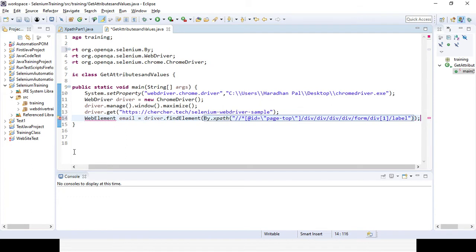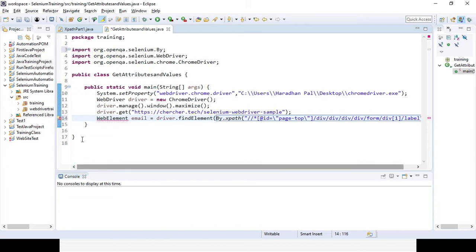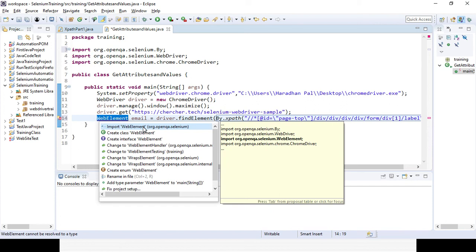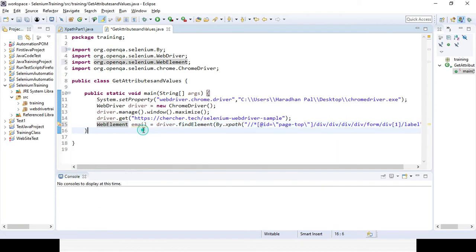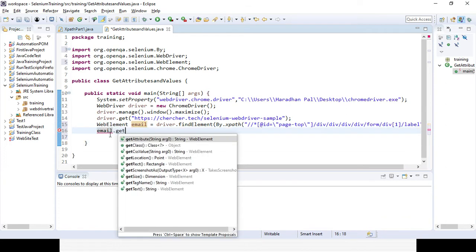Once the element identification is done, an error message is coming. You need to import the WebElement class from org.openqa.selenium. Then, once the element identification is done, I can get the properties, emailField.getText.